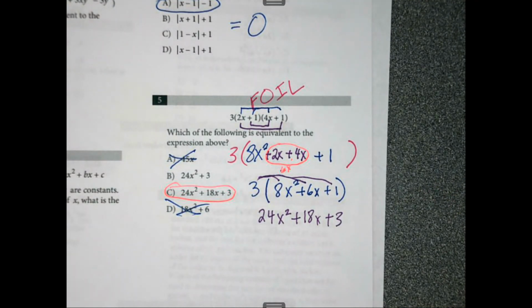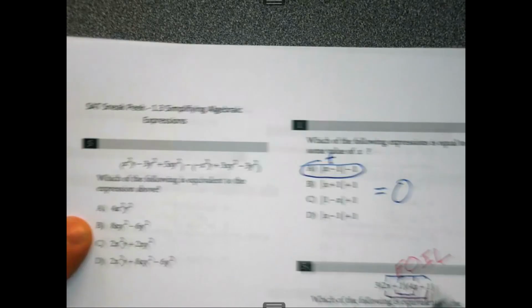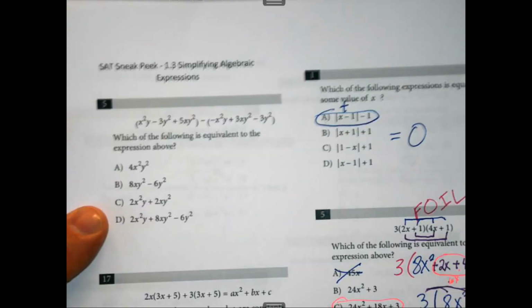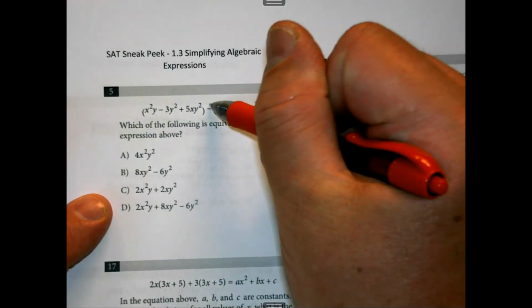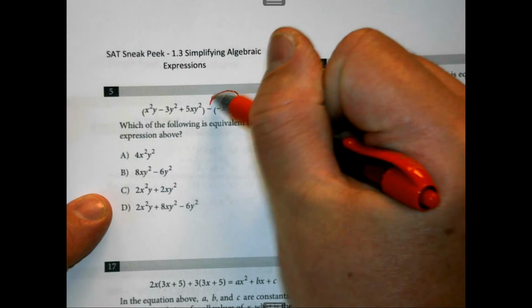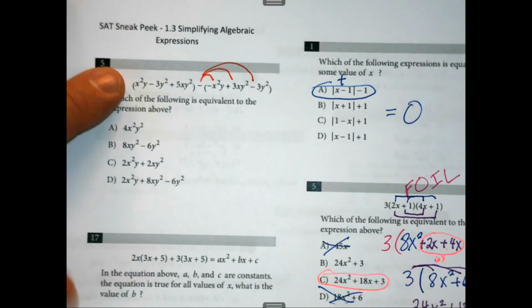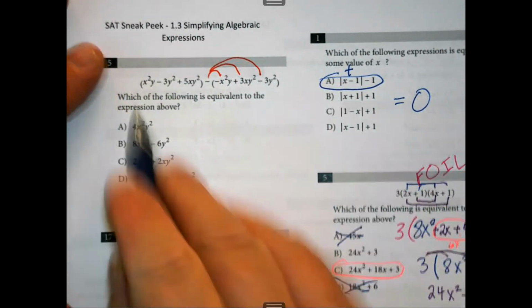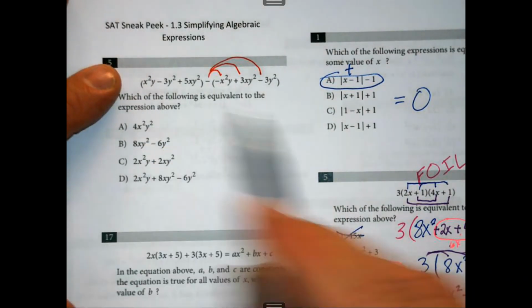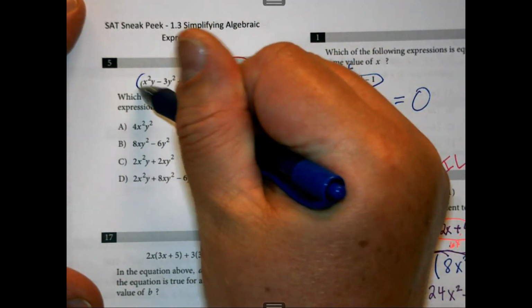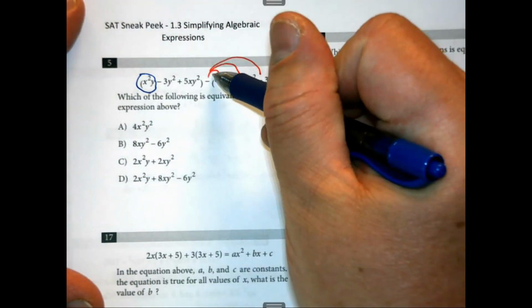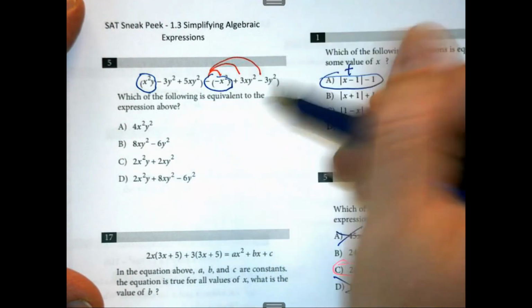So would number 5 be the same, or I guess the other number 5? Would that be the same way? This one? Yeah. Well, I would go about it the same way. You've got a minus sign in front of parentheses, right? So you're going to have to distribute. So my first term, I have all of these stay the same, right? Or you could do your little shortcut first, a strategy. You have this term, and you're going to be adding this term and this term, right? So that gives us